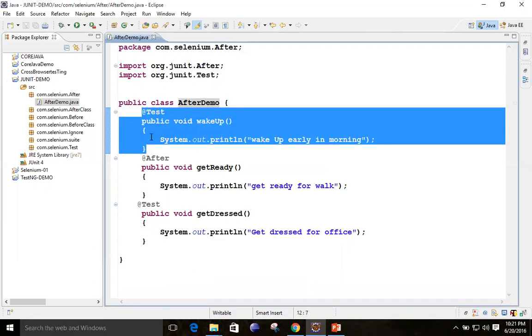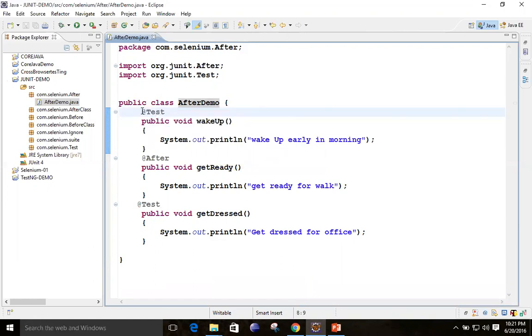All you have to do is give identical names, and here you need to mention on top of that method's test case the annotation @Test. Okay, you can give n number of annotations.